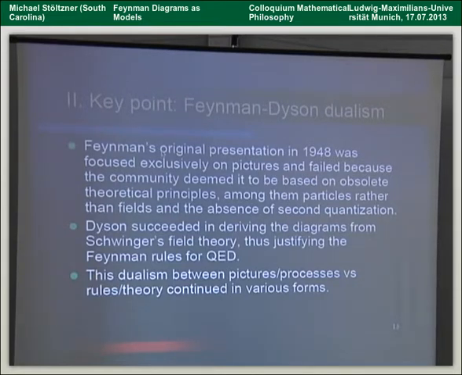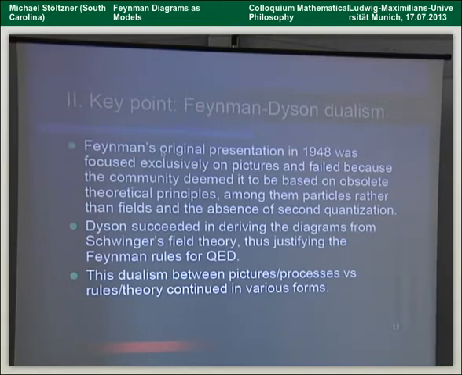Basic for both the story of Wüthrich, who tells the genesis, and Kaiser, who tells how they spread over the next 20 years or so, is that there's always this dualism between Feynman, who really thought initially in terms of real processes, and the time and space position axis come, of course, from the analogy with Minkowski diagrams. So that was his initial inspiration.